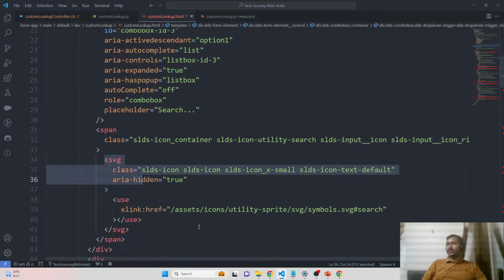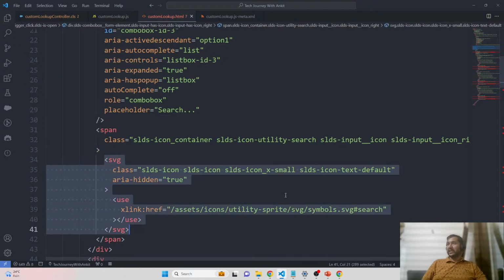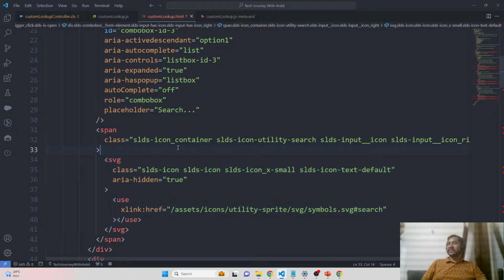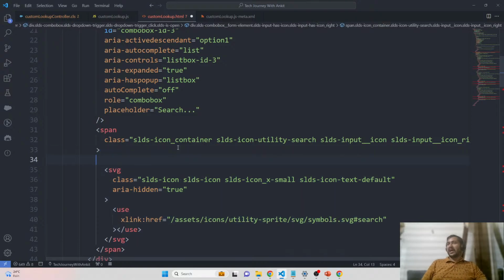So I don't want to use the SVG. Rather than I go and use the SVG here, because definitely there will be too much additional coding that we have to do in the LWC to use this SVG. Like we have to import this as a static resource and then we have to work on it. Rather than I go and avoid all this stuff, what I am doing here is I want to replace this SVG with the